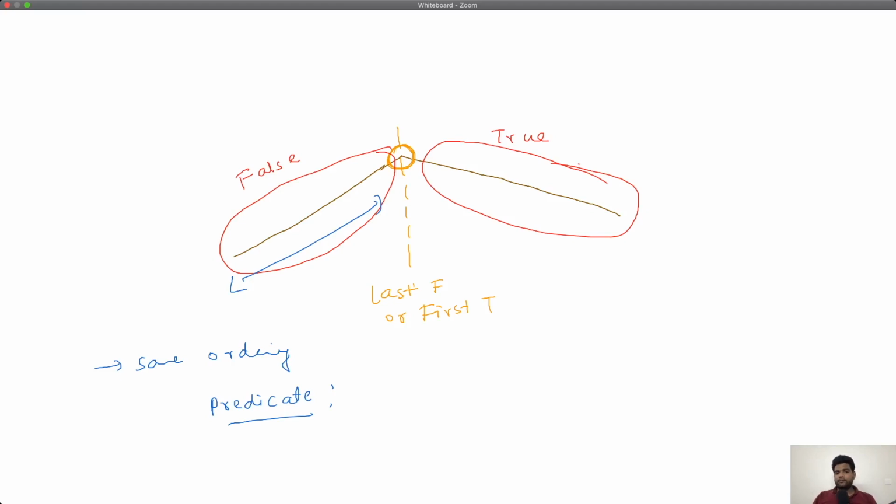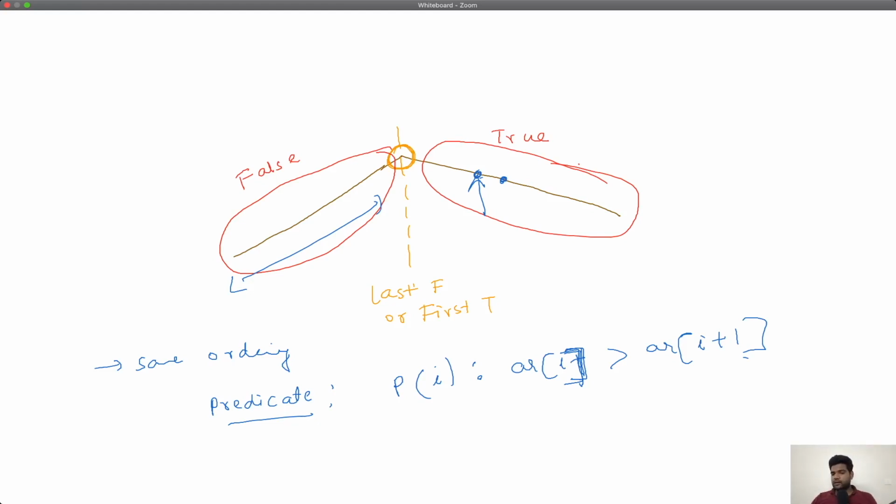So can you say that if I'm at index I, my predicate could be that array of I is greater than array of I plus 1. If this is your predicate, you can easily see that this will only hold for decreasing functions, right? That the previous element is greater than the next element. The previous element will be less than the next element for the increasing part.